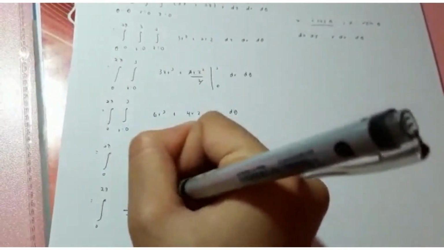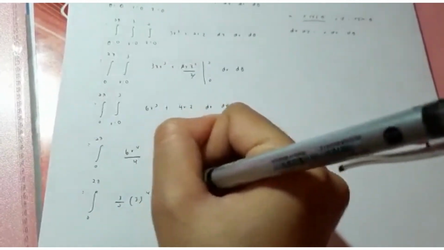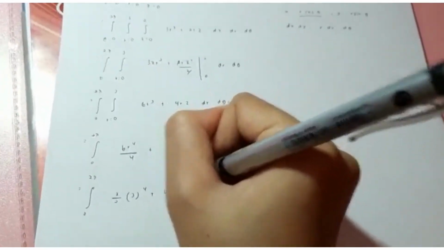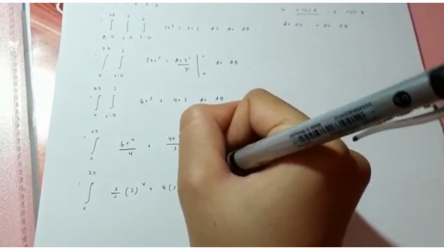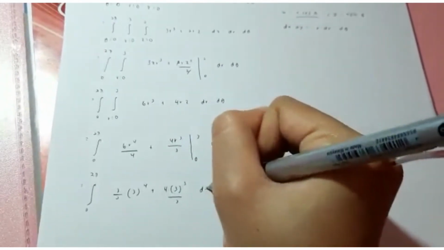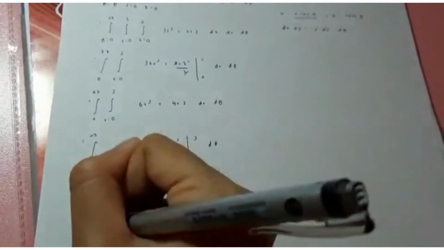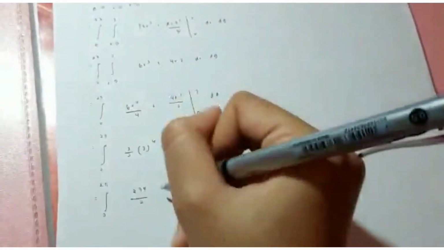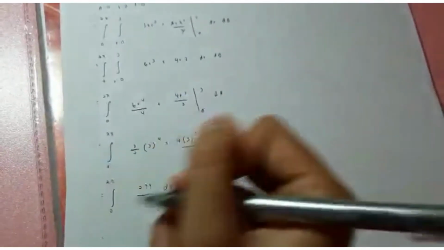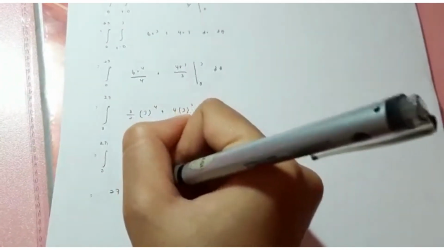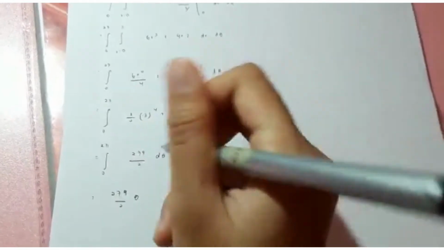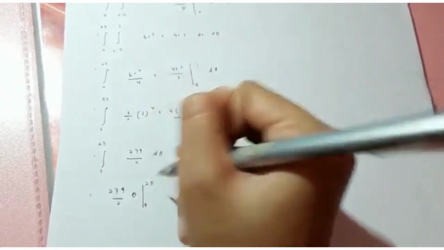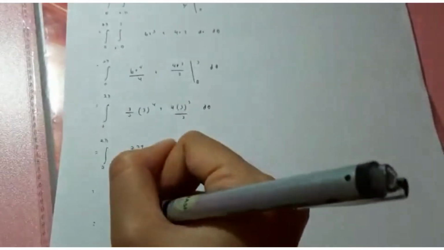Three over 2 times 3 to the power of 4 plus 4, 3 cubed over 3 d theta. If we calculate, we will get 279 over 2 d theta. Now integrate with respect to theta, we will get 279 over 2 theta from 0 to 2 pi. Now the answer is